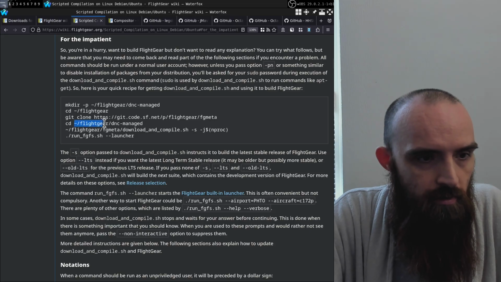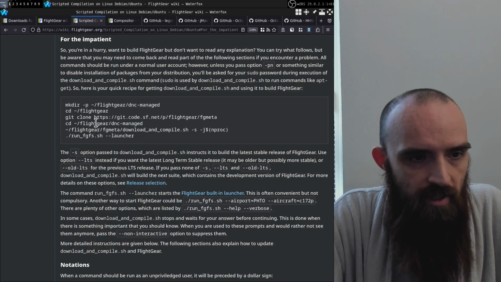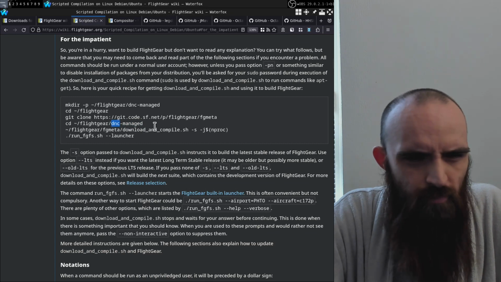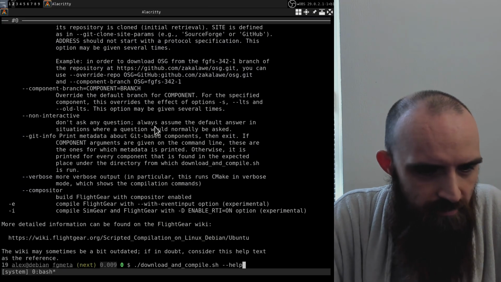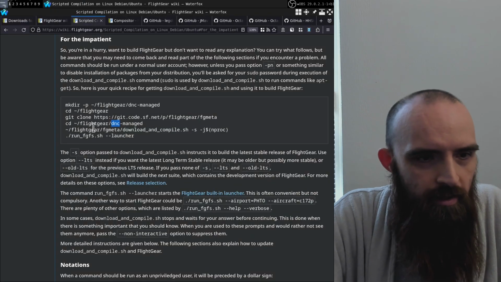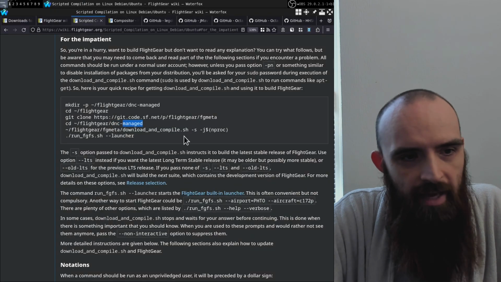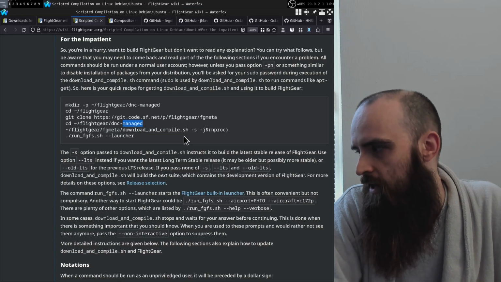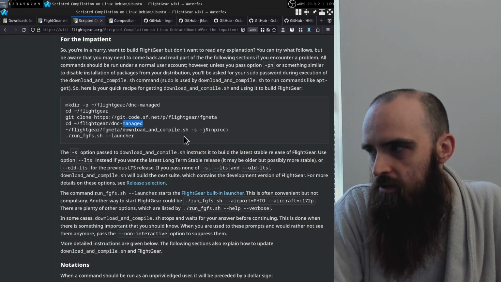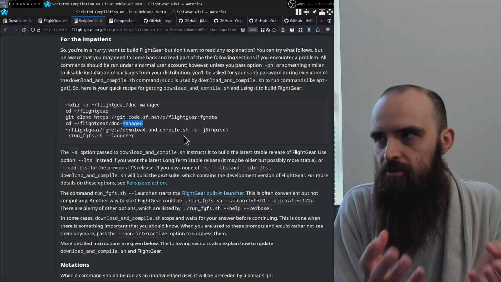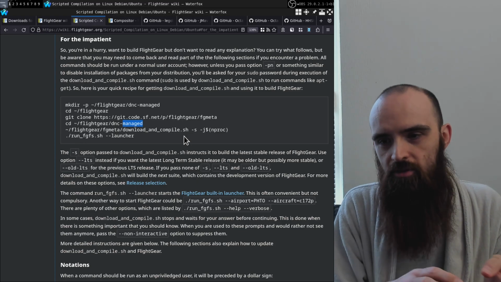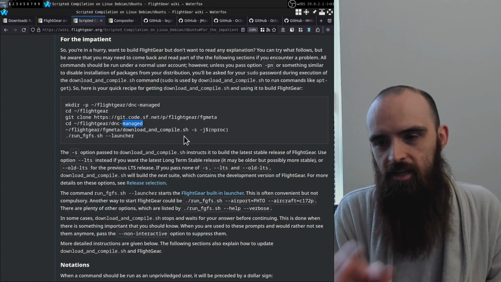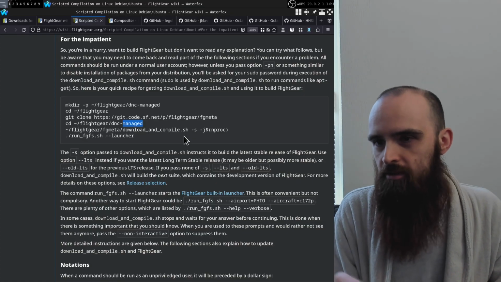So they suggest here this FlightGear DNC managed, DNC for, what is this script called again? Download and compile. DNC managed. So in this folder, this script works in such a way that it basically manages the entire package of FlightGear in this particular folder. So it's going to be folder specific. You just need to decide on the location, and then you can run this script